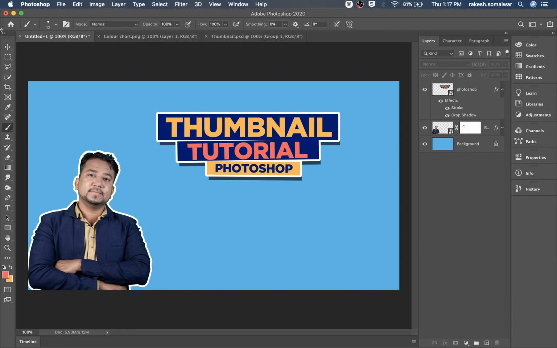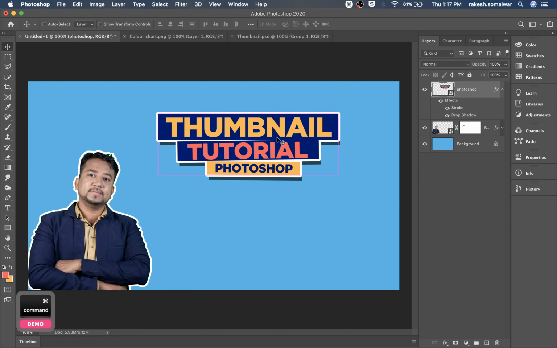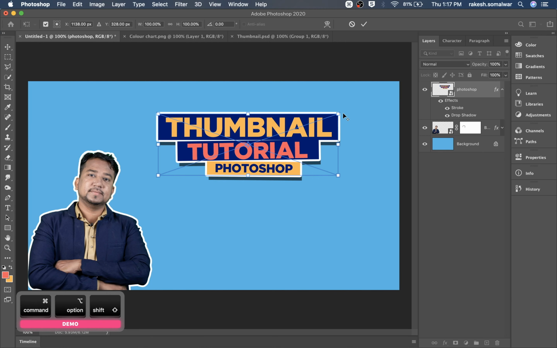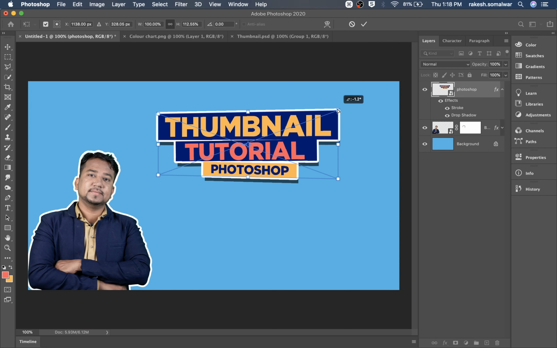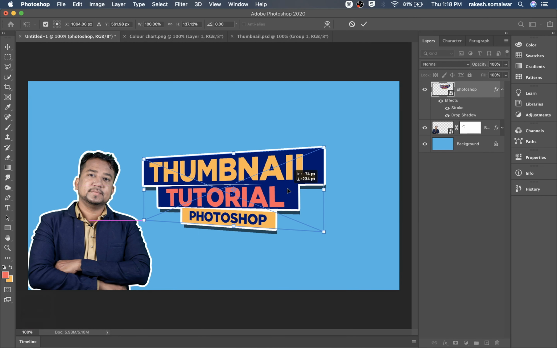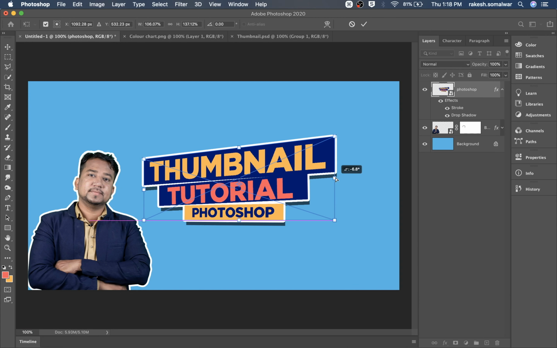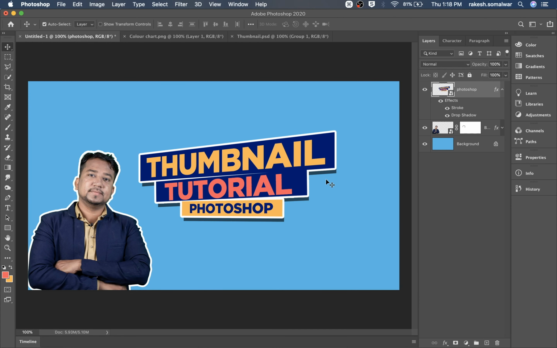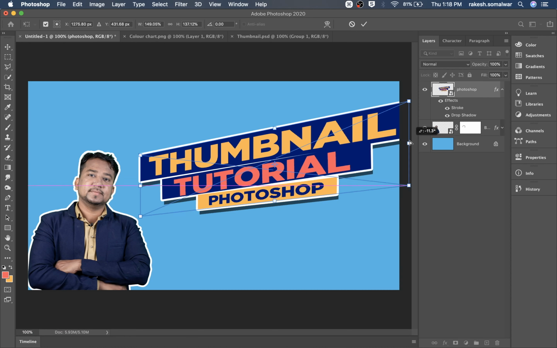Now I'm going to increase perspectively this entire thing to look little modern or attractive way. So Control Alt Shift or Command Option Shift, adjust accordingly. Control or Command from any single point, and Control Alt Shift to increase two-way.